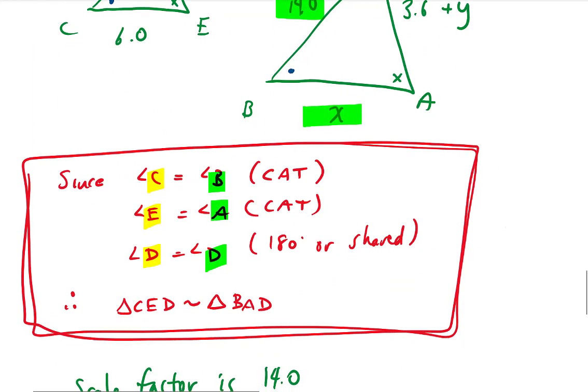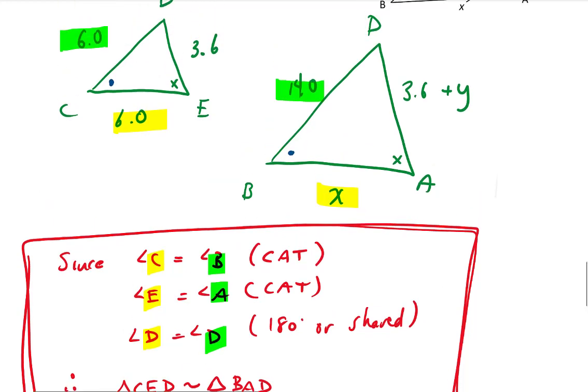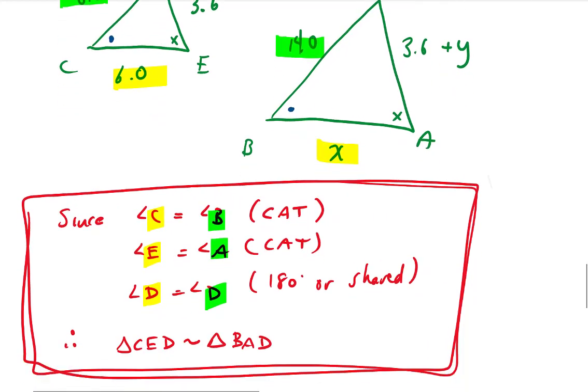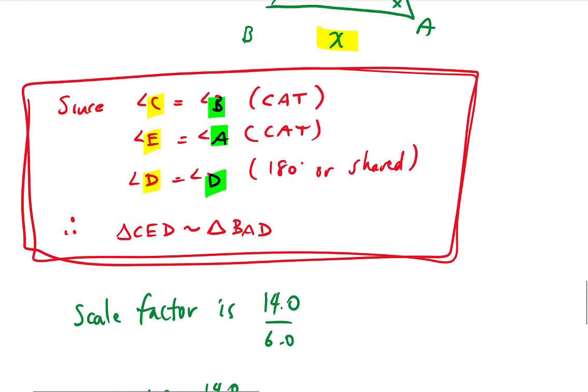If I want to get x, remember x is being compared to this here, I need to take that 6 and multiply it by 14 divided by 6. So x equals 6.0 times 14 divided by 6, which tells us that x is 14 centimeters,